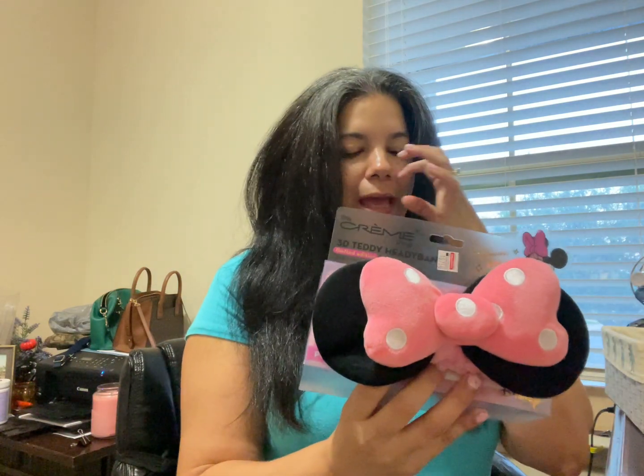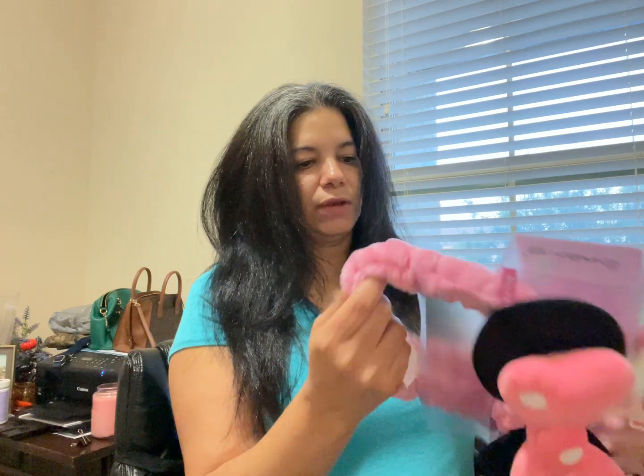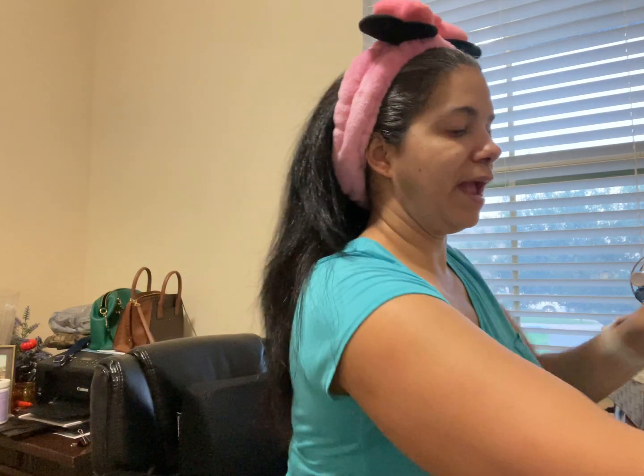I got this little headband from CVS a while back, and I really like it. I like the fact that it's cute, it's pink, and you can cover your face and put it back. I actually got another one. I was thinking if we were going to Disney World, that would be a little cute thing to take with you. And it's actually pretty big. So let's go on, like they say, and try to do this. Here we go. I'm gonna try to put my hair back with those